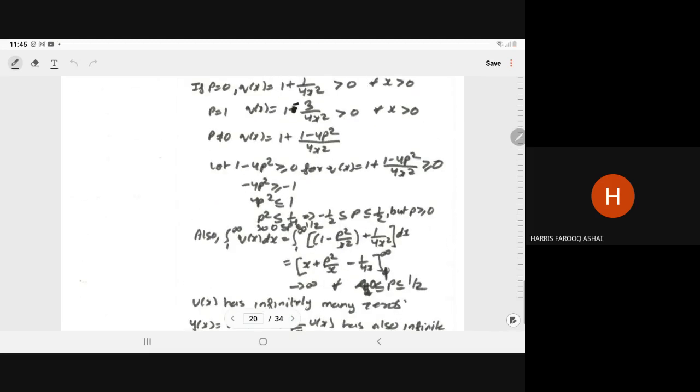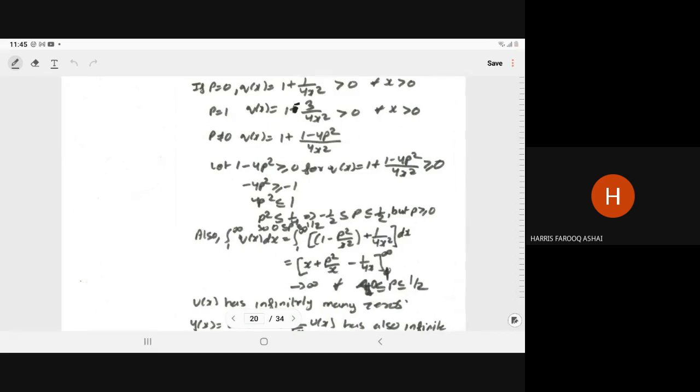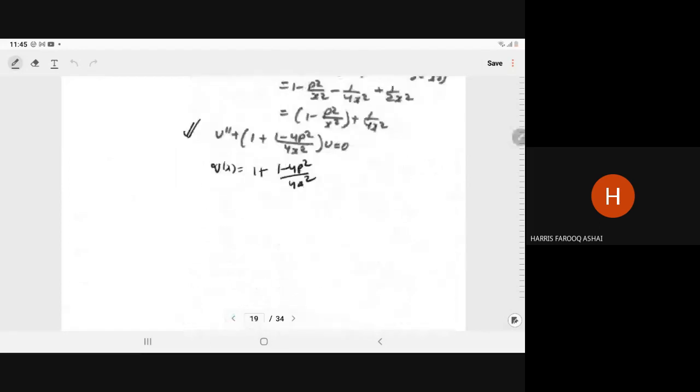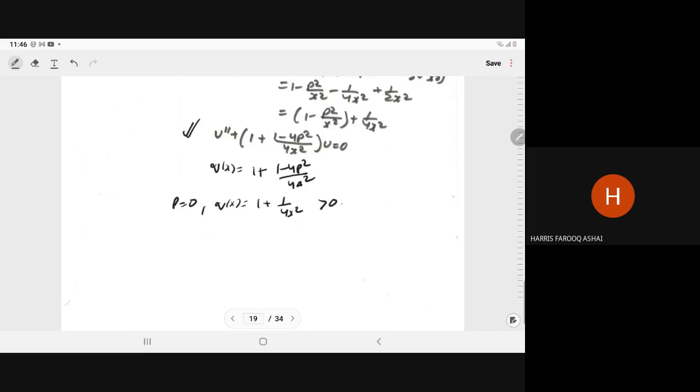Now here we check if p is equal to 0. If p is equal to 0, then q(x) will become 1 plus 1 upon 4x square. So this q(x) is always positive, right? For positive x, this 1 plus 1 upon 4x square will be positive, and we consider the integral from 1 to infinity